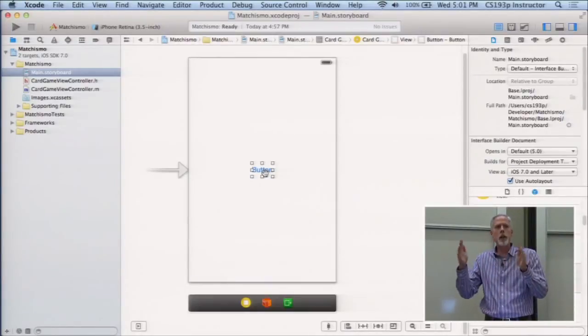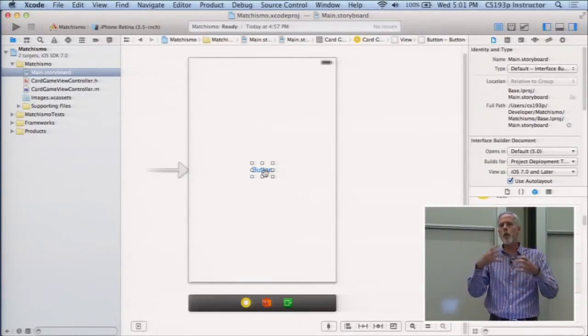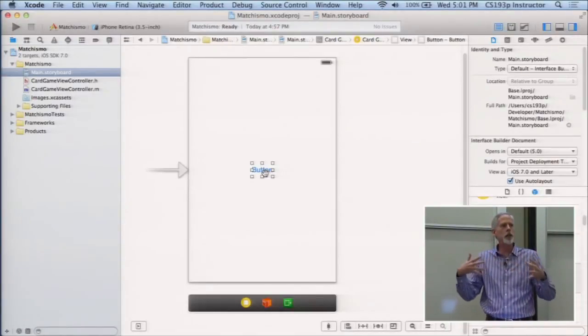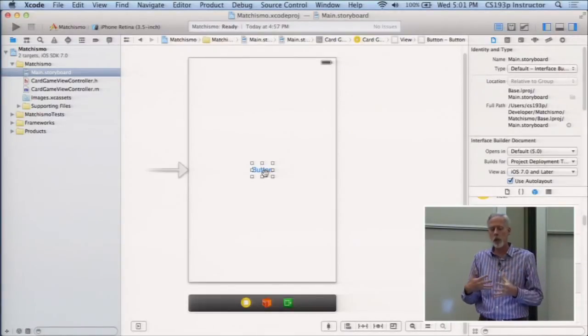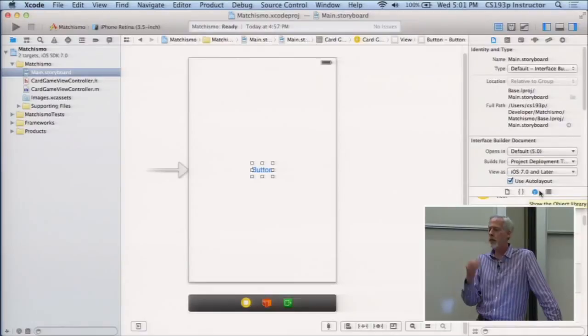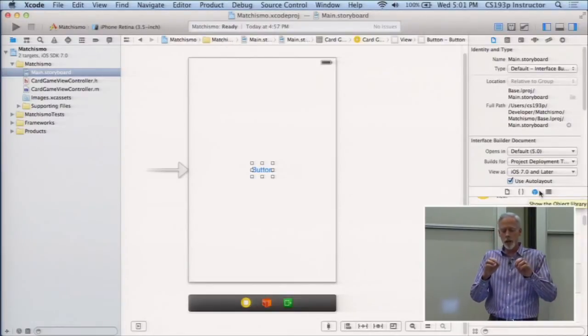Right, and lined up against edges, so that as the users go from one app to another, things will all be separated by predictable spaces and everything will be consistent. It's really important. And there's a mechanism, you can see this switch right here, Use Auto Layout, which was introduced in iOS 6 and vastly improved in iOS 7, especially in Xcode, that allows, when your user interface changes size,